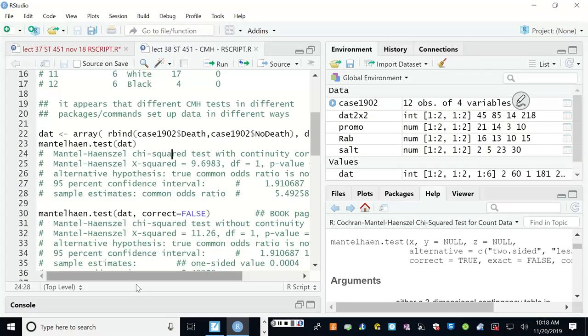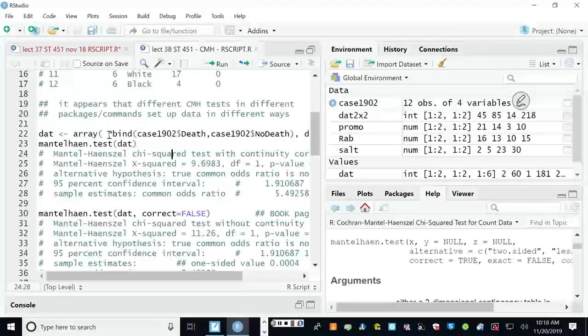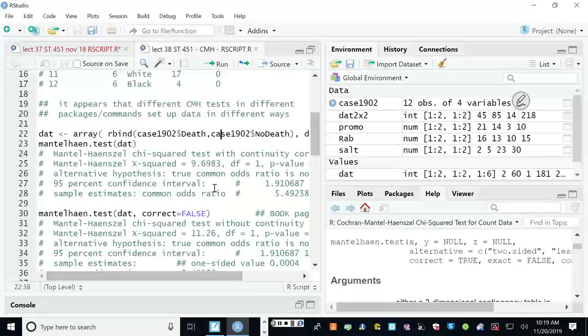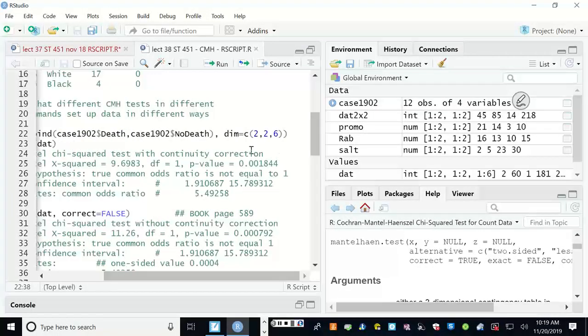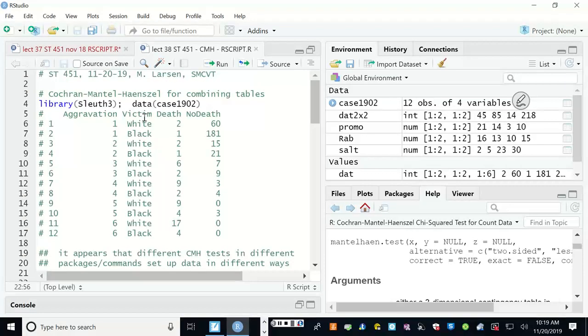And so we're going to set this thing up as an array. We're going to bind together the death variable and the no death variable and set up a dimension that has 2 by 2 by 6. So it's going to take the death and no death as the two counts, and the victim,